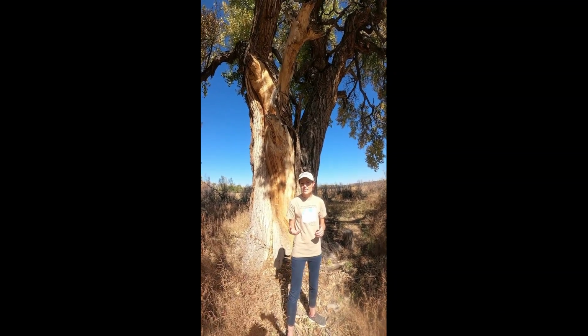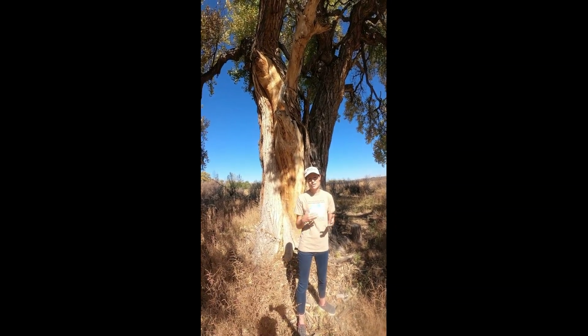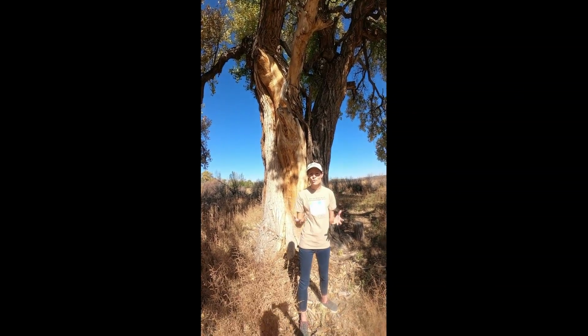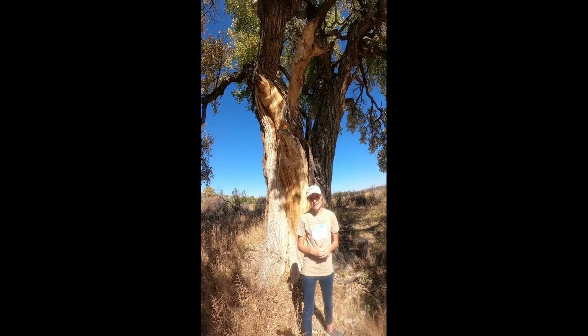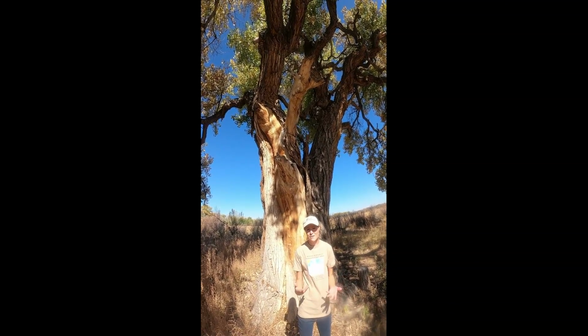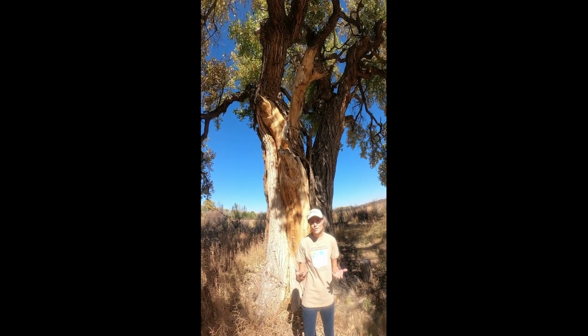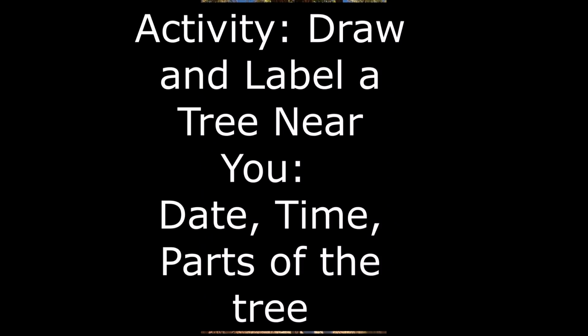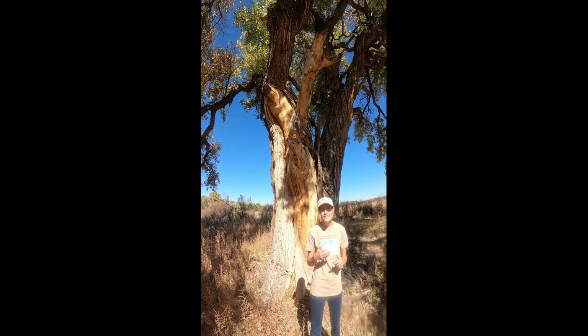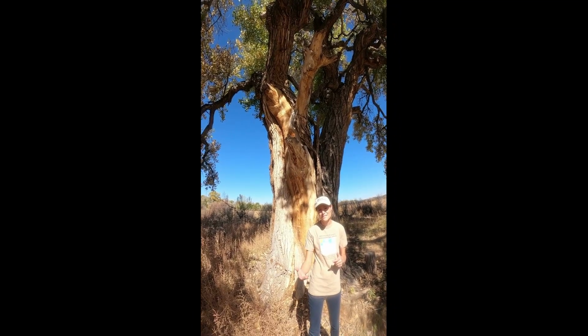And what you're going to do is you're going to track that tree and what you see. So you're going to do something called nature journaling. You're going to draw what you see right now. And you need to make sure that you label the date, the time, and the different parts of the tree that we learned today. And when you're done with all that, I'd like you to write down 3 questions of things that you think you could track over time to look for changes in that tree from season to season